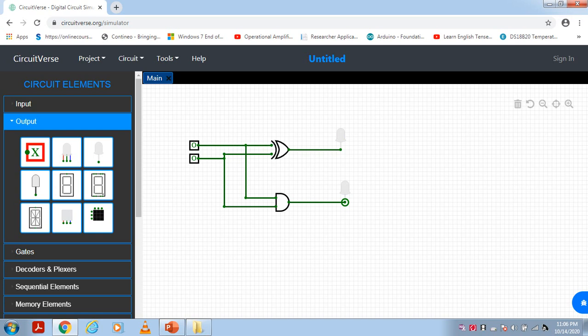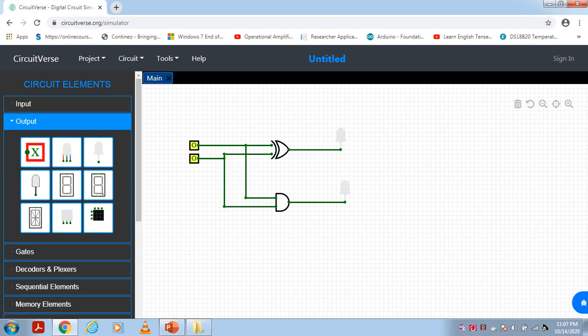Now we know the truth table for the half adder circuit. If both A and B inputs are 0, 0, the sum output is 0 and carry output is 0. Next, the input is 0, 1. Here A is 0 and B, just click on this one, will be 1. For the 0, 1 combination, the sum is 1 and the carry is 0.